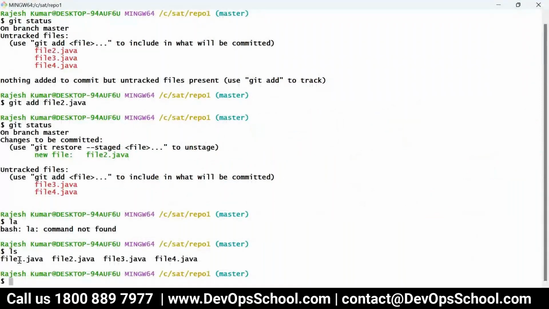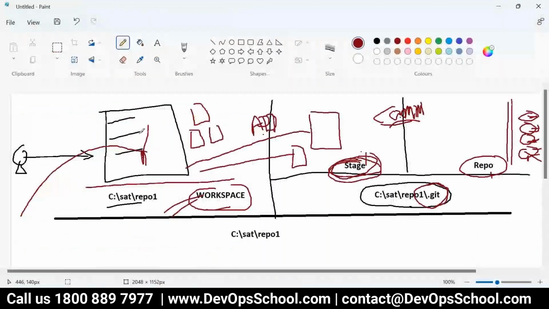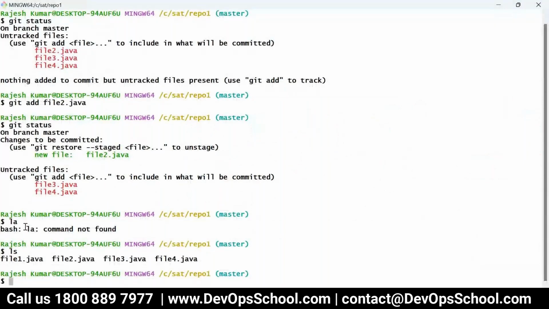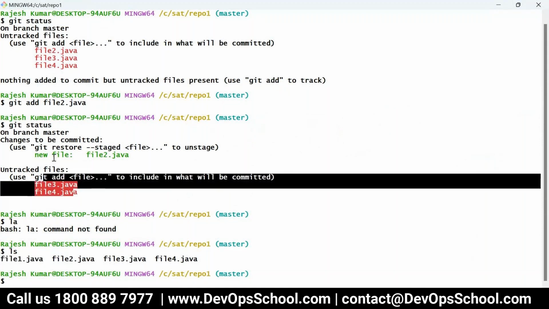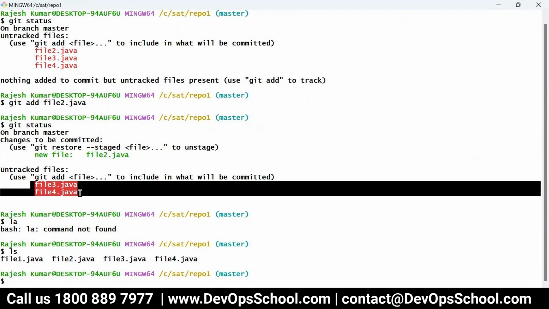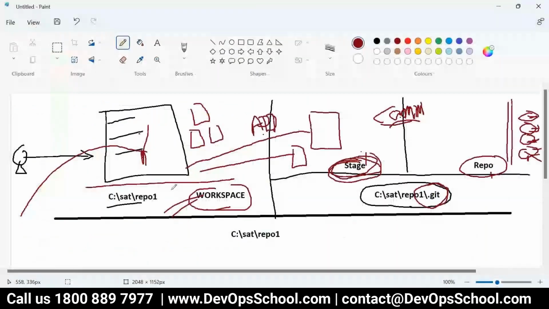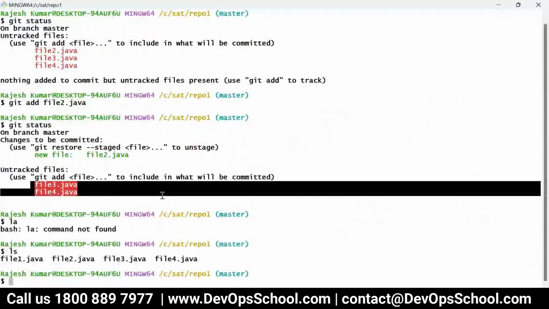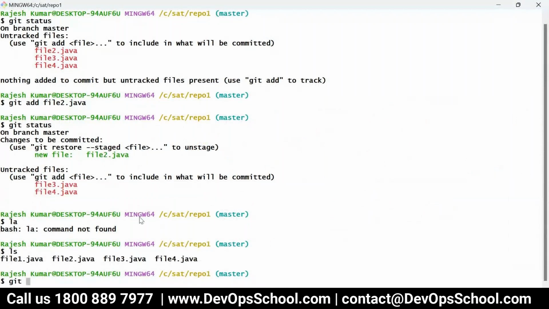The main job of Git is to version the changes, so if you have already versioned it, you'll not see it through that Git command. So this is in staging, this is still in the workspace, and the repository is what git log shows, which is committed.